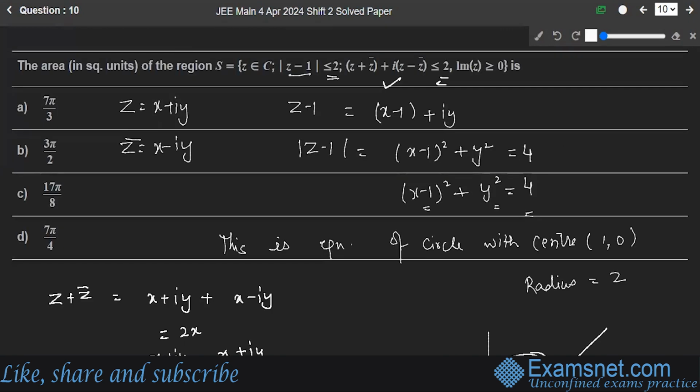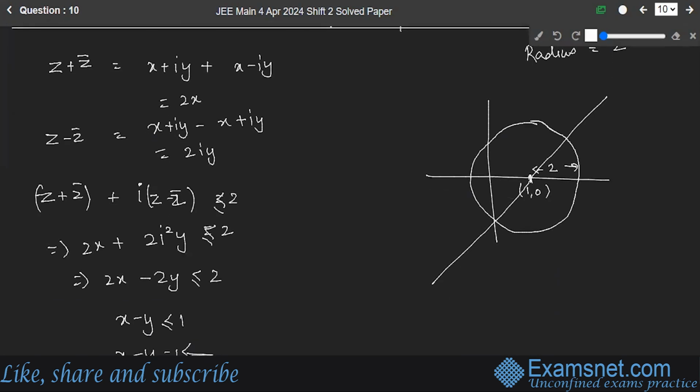Now let's understand what area you have to find out. You have to find out the area which is bounded by these two, this and this, right? And imaginary part is greater than 0. So if imaginary part is greater than 0 and the area is bounded by this, that means I have to find out this shaded portion, not the lower one, because the imaginary part is greater than 0. It is given to you in the question. Hope you're clear with what we have to find out. We already have the radius of the circle as 2. So area